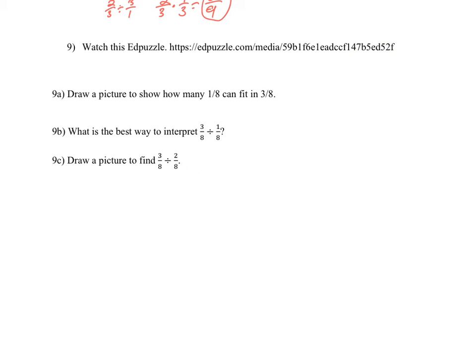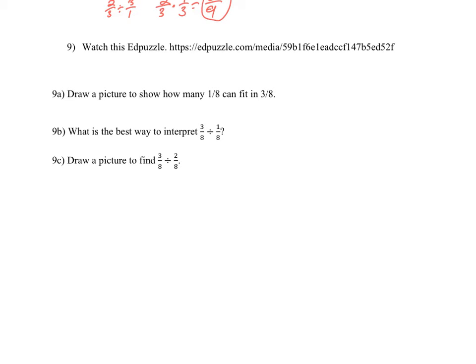Okay, so we can look at how that algorithm worked. We could keep practicing that. But hopefully you've already seen the Edpuzzle, understanding a visual idea of what division is. And we're going to do a few examples of drawing. So we're going to draw a picture to show how many 1/8 can fit into 3/8. So find some way of drawing a model of 3/8 and then figure out how many 1/8 can fit